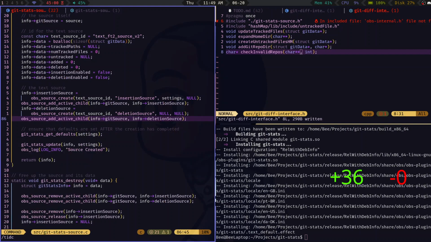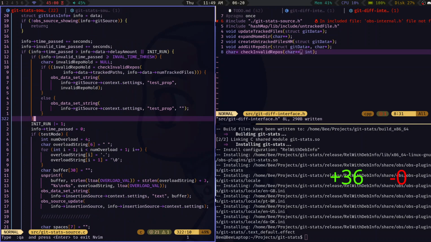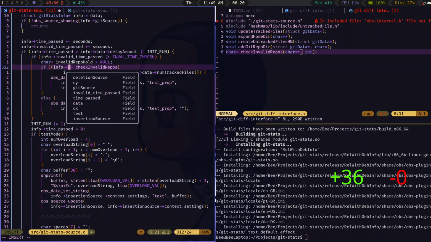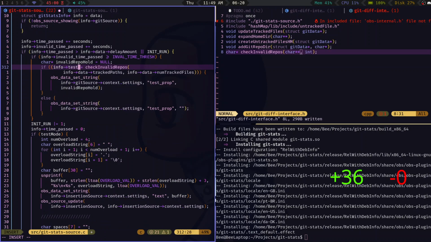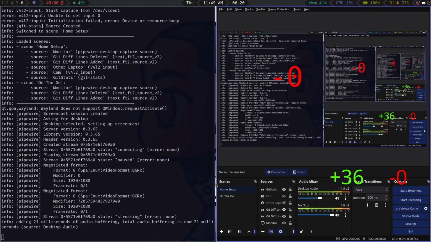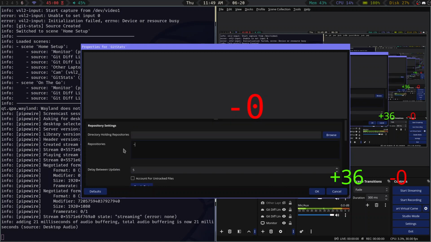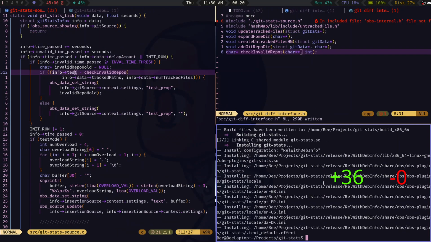In tick, we change that. Info, test. It doesn't work either. Or maybe I broke it. Hold on, wait. What if I set this to